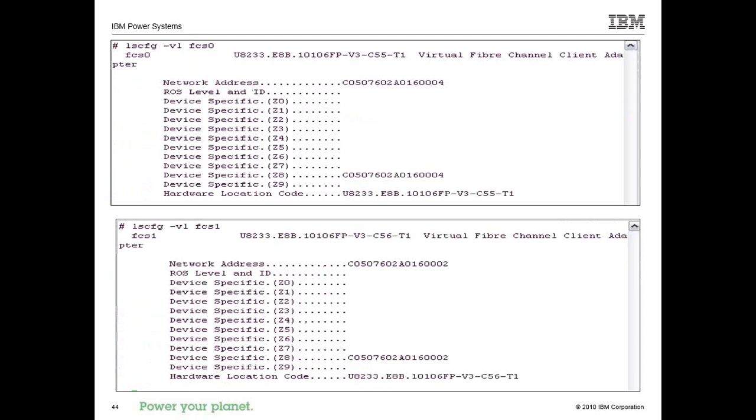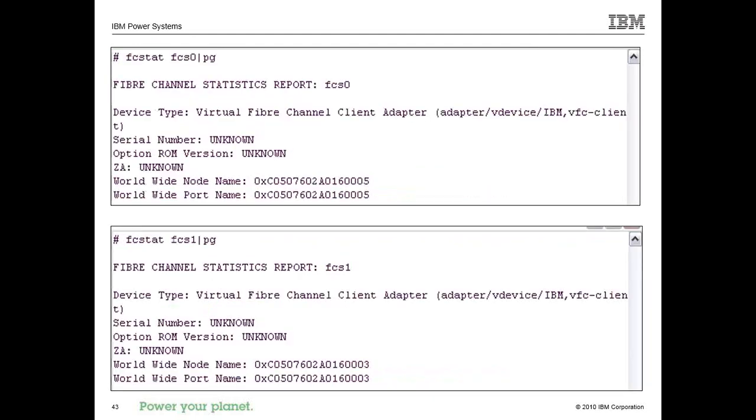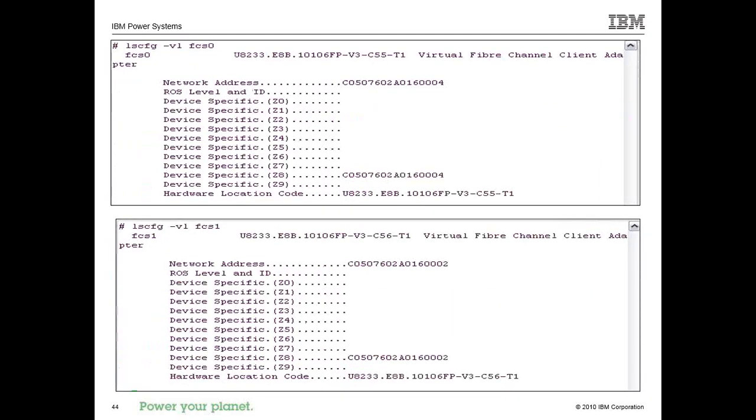But if you look at your FCS, it still shows your even numbers. The previous page was showing you FC stat, and showed you the real numbers that you're using. But on the next page, if you do LSCFG, you'll see that we still have that 04 in the ODM there. And then once it reboots, they'll start using 04 and 02 again. So you have to look in a different spot to see the different numbers. So don't rely on LSCFG to know what the current state is after a move.